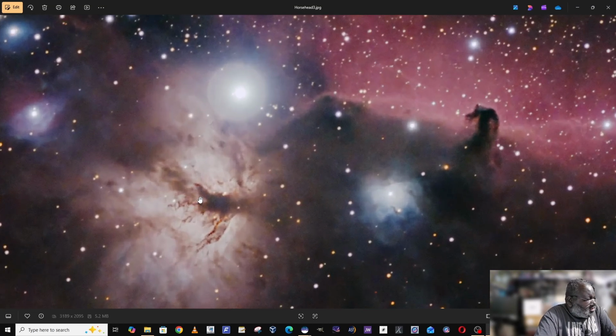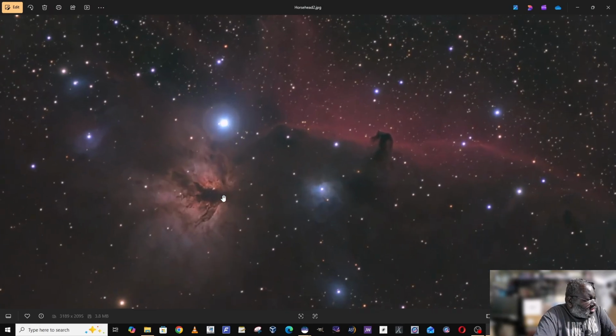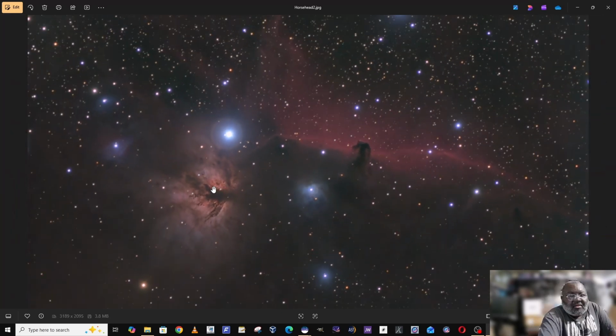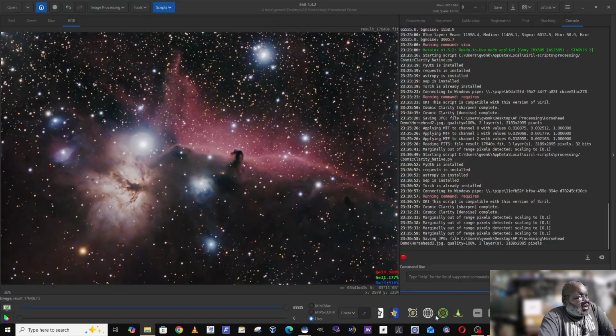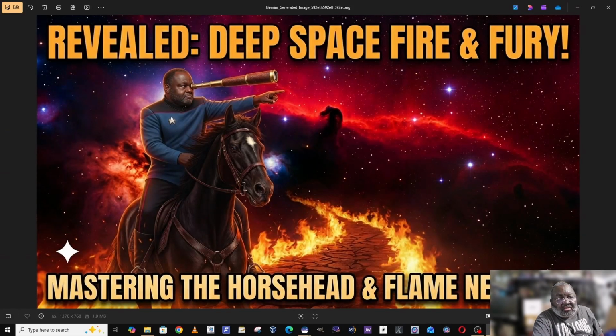Yeah, the third one doesn't quite do it for me, but I kind of like the Flame Nebula in this one. But, you know, that again was just one possible example of how we can do things with just Siril and free tools, so that we can reveal the deep space fire and fury of the Horsehead and the